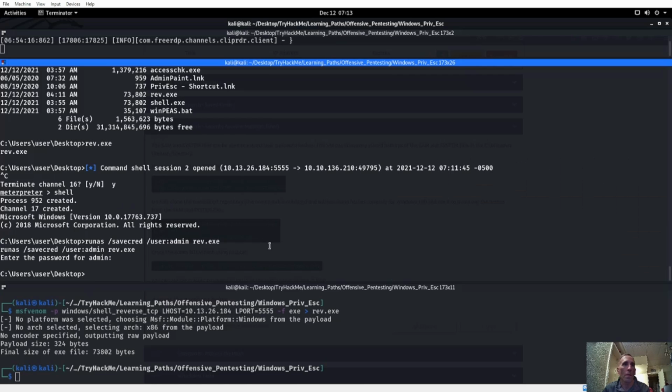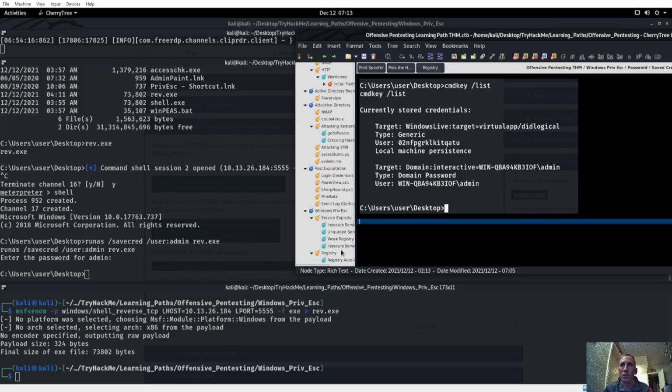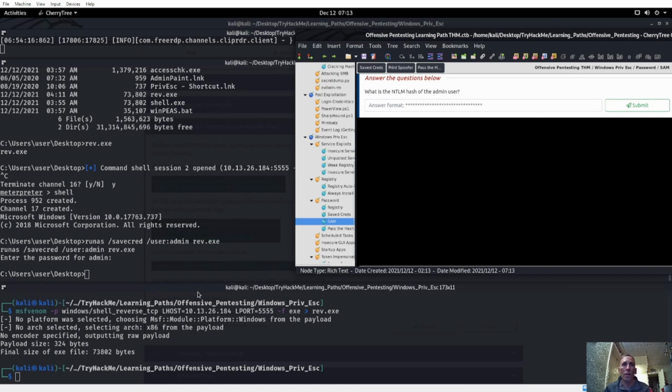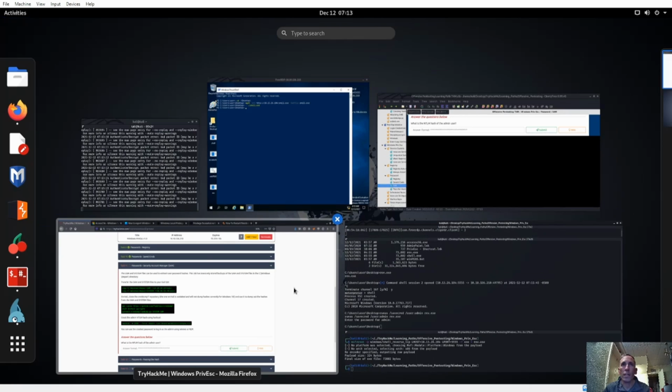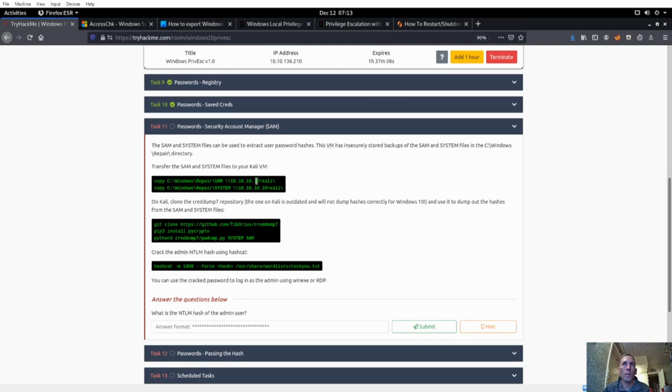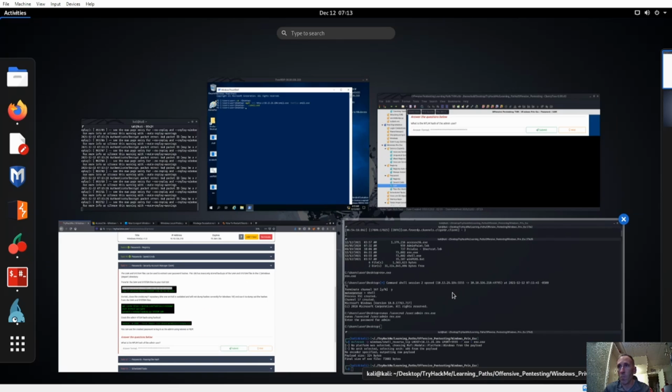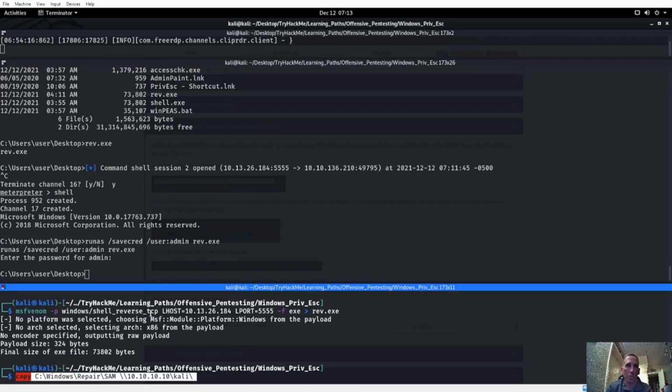Okay. So let's go ahead and see if that is the case here. Let's go into the SAM. And we'll see if that's actually the case. So we're going to copy over, and then onto our Kali machine, obviously changing the IP address for our Kali IP address. But we need to copy over the repair SAM, whoopsie, the repair SAM and the system SAM file. So let's go ahead and do that. And we'll change this out for our Kali Linux IP, which is going to be